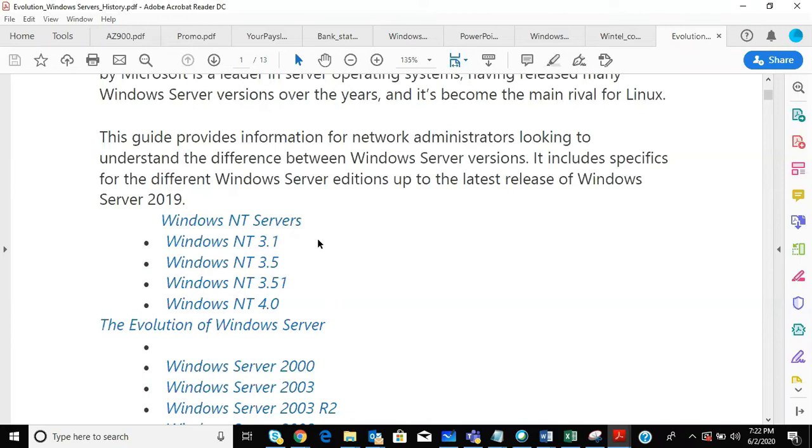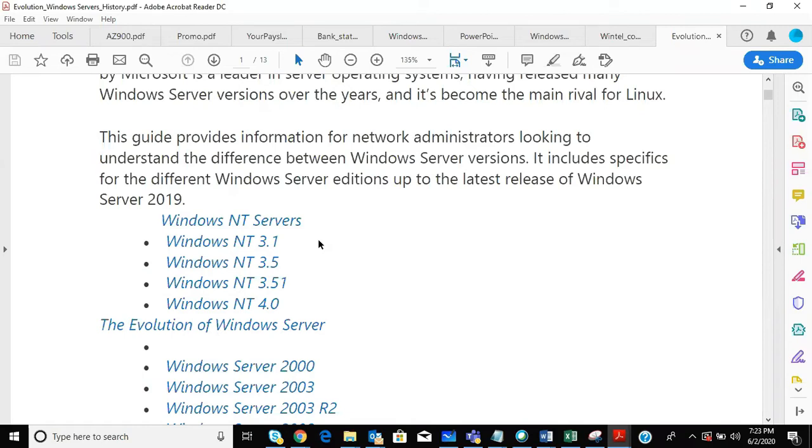Gurmeet, those 95 and 98 were desktop versions. Thank you for correcting me. Earlier they were booted like server only, right? The DOS command is coming and it is booting like a server, even on your desktop. Those were actually your desktop versions, like 95, 98, and so on. Thanks for correcting me on that part.